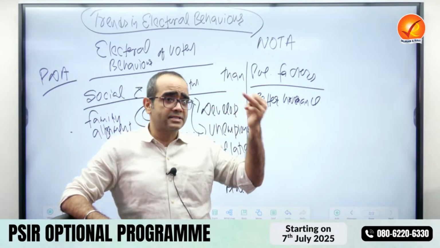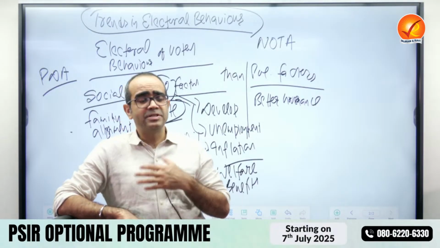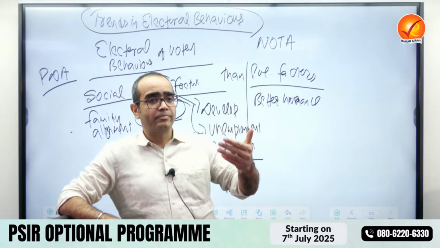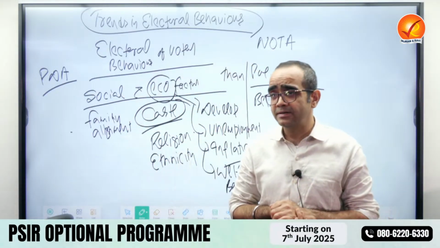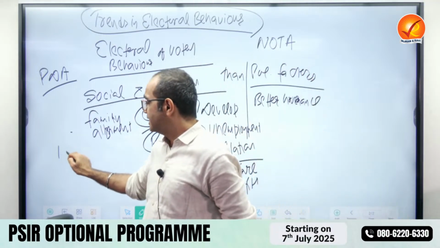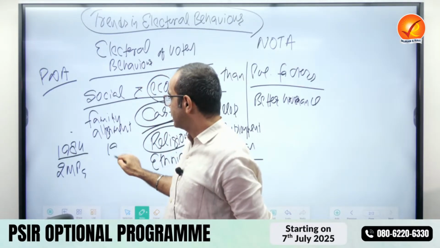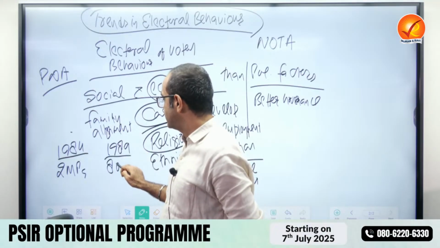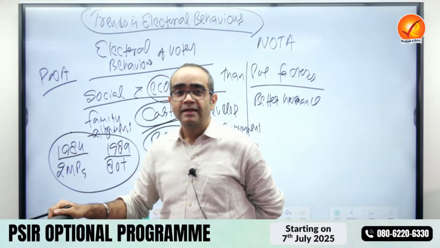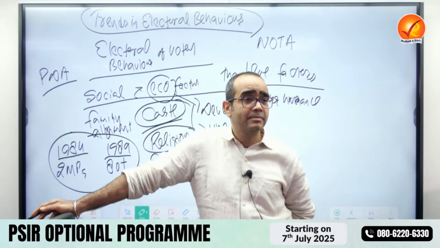And BJP says the Congress practices minority appeasement in the name of secularism. BJP says, I do not want discrimination against any religion; what I support is secularism in a real manner. So religion plays an important role. One example I will give you: in 1984, BJP had 2 MPs. In 1989, BJP shot up to 80 plus MPs. What was the reason? It was the Ram Temple agitation, which ultimately led to the demolition of Babri Masjid.